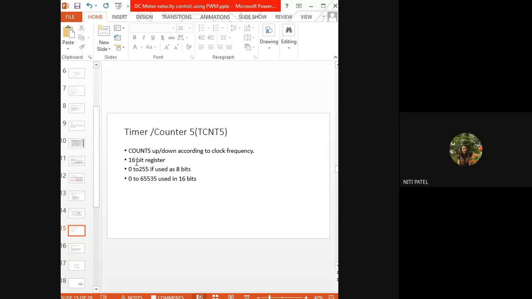Okay. Now, along with those two registers, we had seen that we have this TCNT file. What is that TCNT file? It is timer counter file. That means timer file and counter file. We know what is the use of the timer file. Why is that timer file used? For the generation of PWM signals. अभी counter file क्यों use होगा? To count the up and down of the clock frequency.